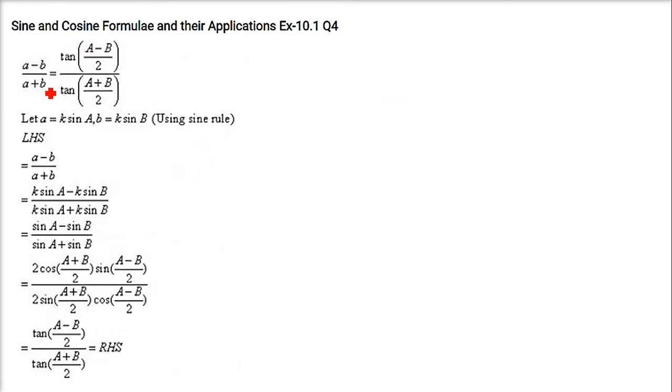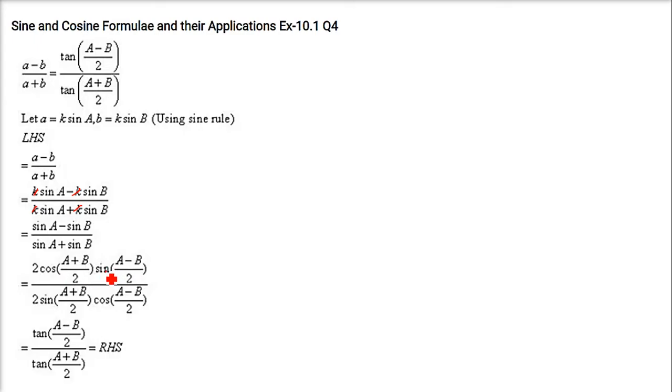Here we have a minus b by a plus b. Now you can prove it to be this one. So again we are using the sine rule, that is a equal to k sine A, b equal to k sine B. So just put in here, a is equal to k sine A and b equal to k sine B. So when you put here the value, you can take k common, so k gets cancelled. Now use the formula of sine A minus sine B and sine A plus sine B. So sine A minus sine B is 2 cos A plus B by 2 sine A minus B by 2. Here sine A plus sine B is 2 sine A plus B by 2 and cos A minus B by 2. So here if you see this